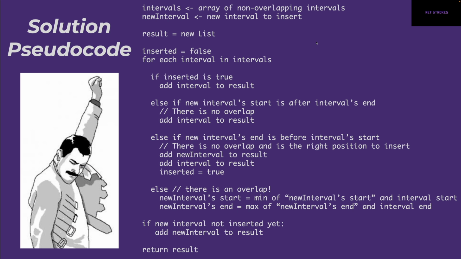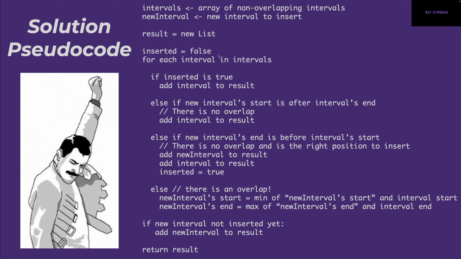So here I have the pseudocode of the solution that we just brainstormed. So let's go through this. So we have two inputs. One is the intervals, which is the array of non-overlapping intervals, and they are sorted as well. And then we have the new interval that we need to insert. We create a new result, which is basically a list that will store the intervals. And then we create a Boolean flag inserted, which is initialized to false, indicating that the new interval has not